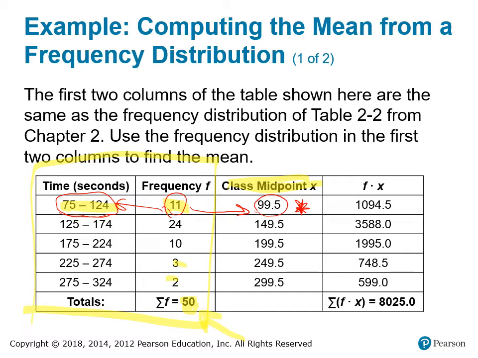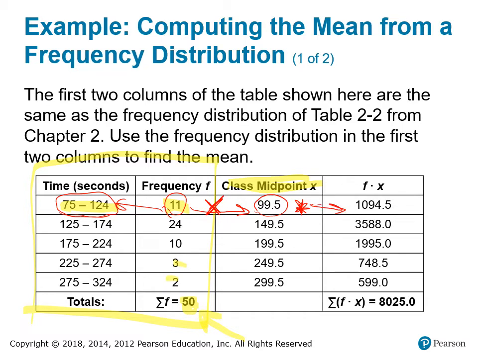So there are 11 99.5s in our data set. Is that correct? No, but that is the best representation of the first class as a single value. So therefore, we're going to use that. And so if there are 11 99.5s, we would have to add all those up. Well, adding 99.5 to itself 11 times is the same thing as multiplying 11 times 99.5, and we get this